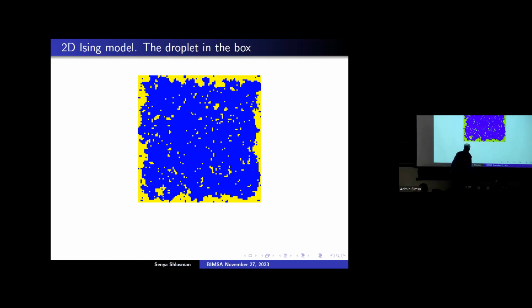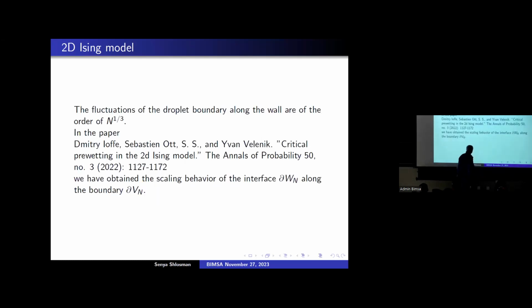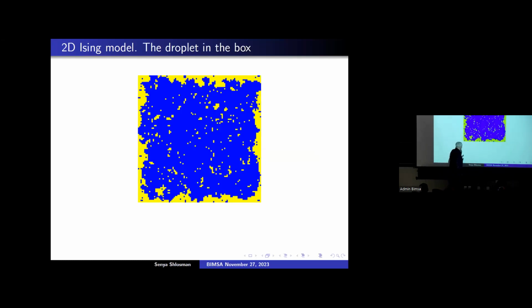And then we see this random line. The question is how that one behaves. And the interesting good news is the following. If this is a box of size n by n, then the fluctuations of this interface are n to the 1/3. This is a modern exponent, the 1/3 exponent. 1/2 is what you get for Gaussian and independent random variables, but here the fluctuations are 1/3.